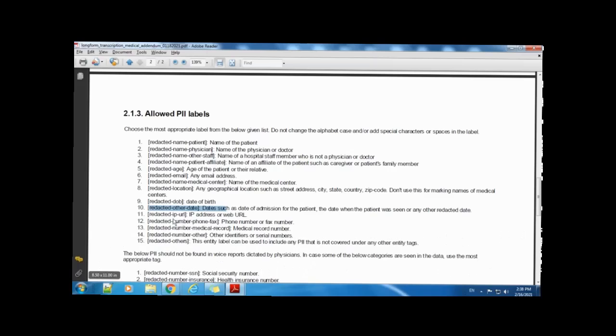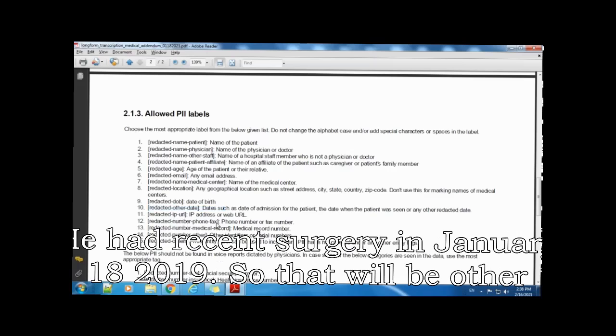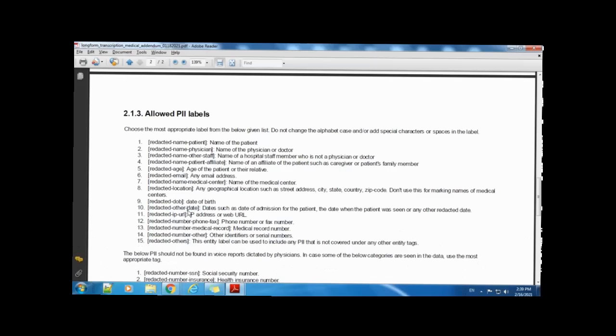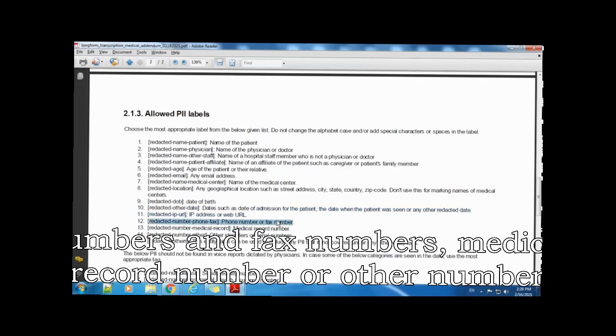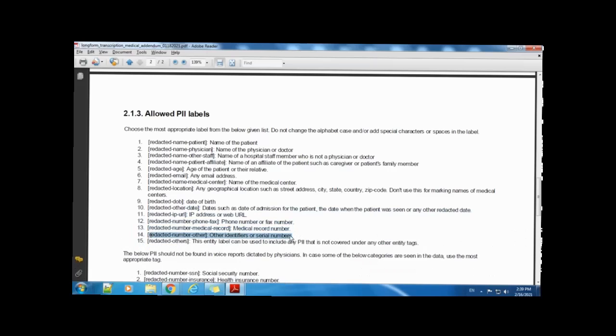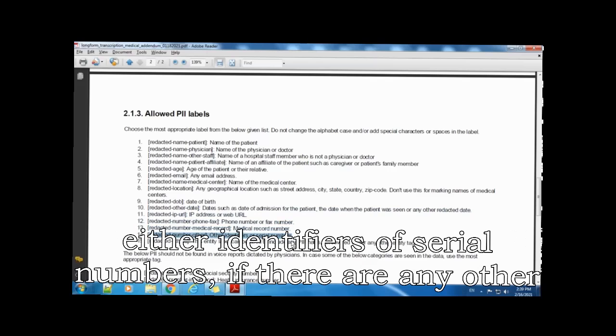Okay. He had a recent surgery on January 18th, 2019, so that will be other date. Okay. IP address or URL, you can definitely identify, phone numbers and fax numbers, medical record number, or other number, either identifiers or serial numbers.